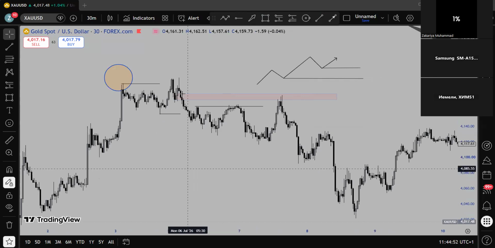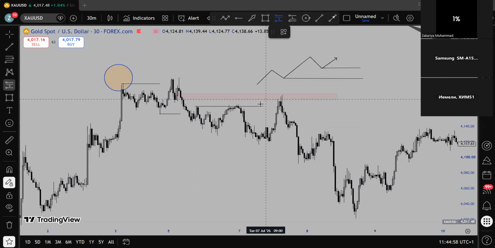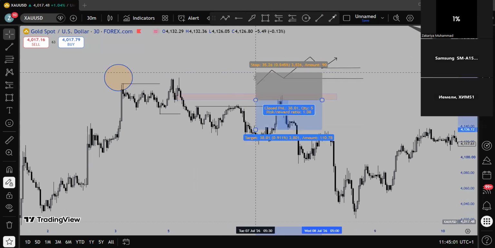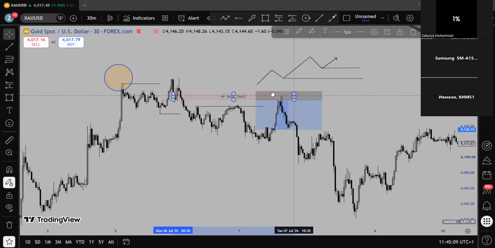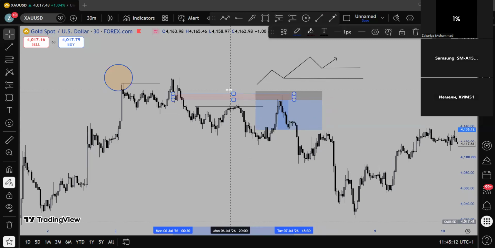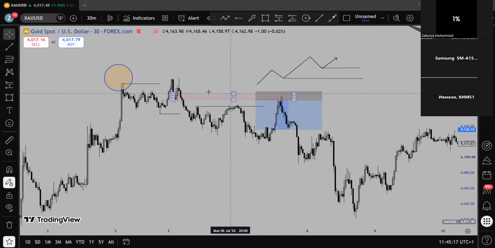Then you see in the lower time frame, we have a breaker block instead of the order block. So for me to take the entry from there, I'll use the 30-minute time frame and then my stop loss above this breaker block. You know how we talked about how you can place your stop loss, right? You place your stop loss at your invalidation zone, where you expect your setup to be invalid. For this setup to be invalid, the market has to take out this order block, this breaker block there, the candle of the order block. If the market takes out this candle, that means this setup is invalid for me. So this is my invalidation zone. Your stop loss should be at your invalidation zone.